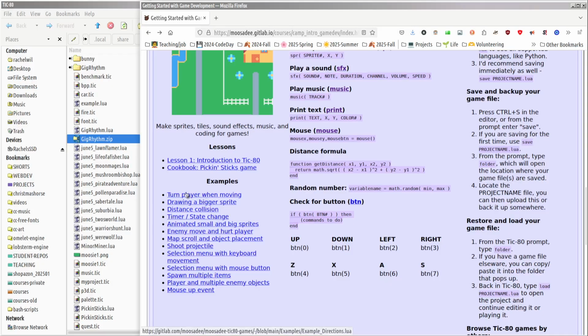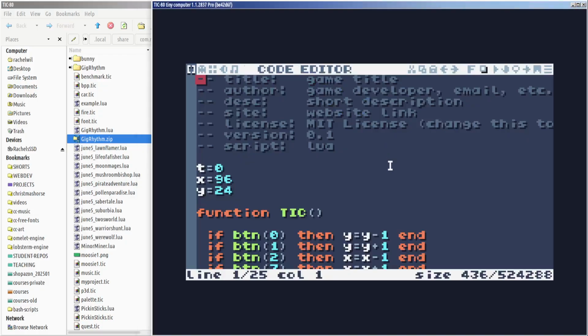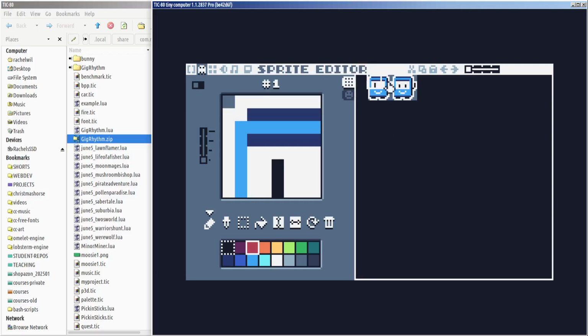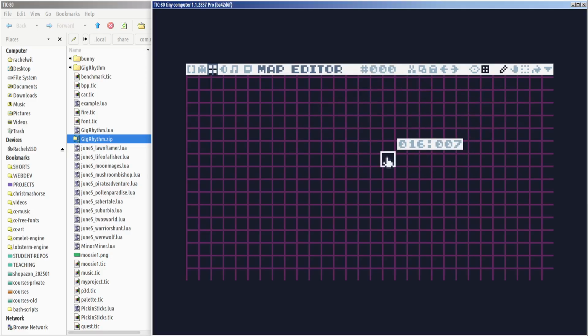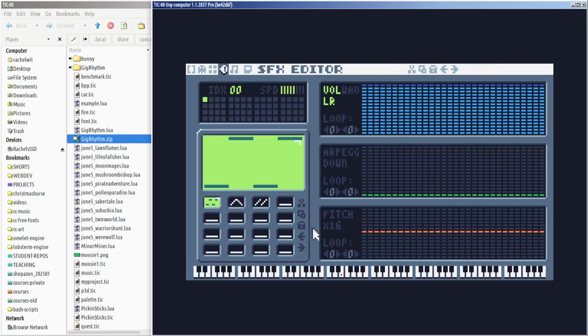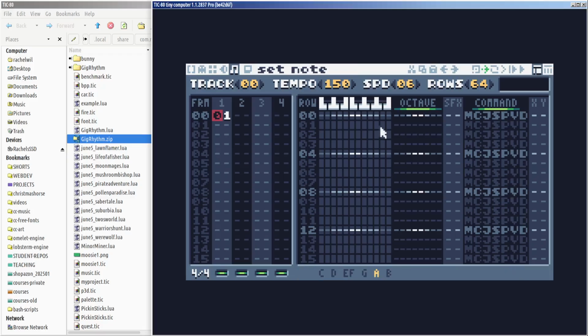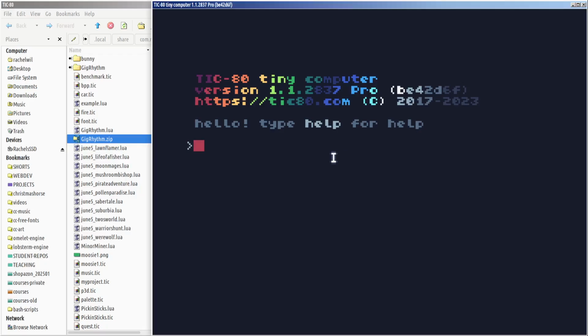So I made a bunch of various examples in Tic-80. Tic-80 is very cool. It's like this little mini computer thing. You can do your coding in here with Lua or a lot of other languages. Your sprite editor is here, so this could be world tiles and then character tiles, a map editor, sound effects editor, and a music editor. So it's kind of everything all in one. And so that's kind of what we used for